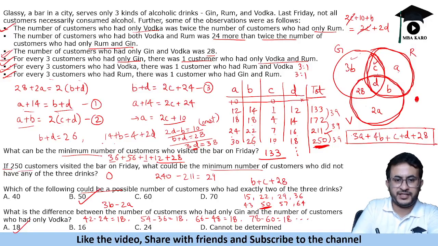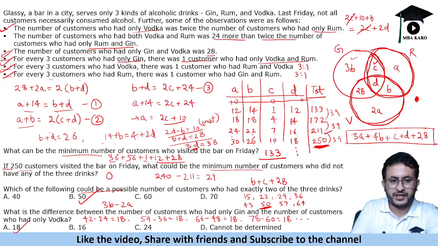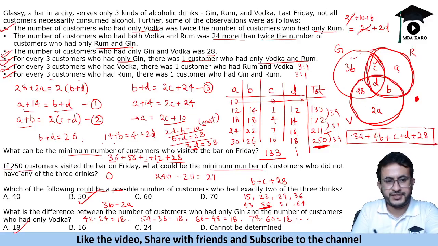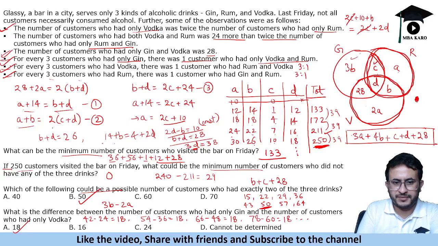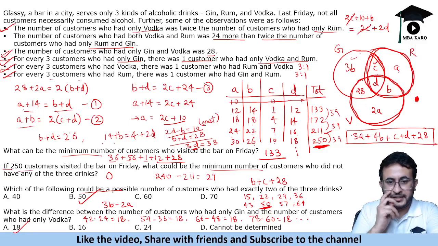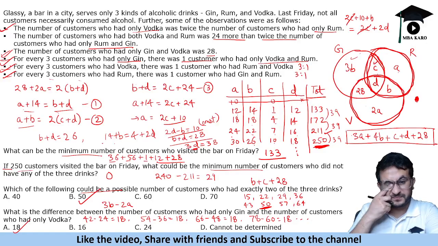ये equation में थी, ये equation में थी, ये equation में थी. अगर हम solve करते, so probably we will get a relation between 3B minus 2A. ठीक है? If you want to figure out, see which 2 equations we can use, or you'll have to just probably plug in the values. B and A की equation बनानी पड़ेगी using these given data. Okay, so probably using this you will be able to get